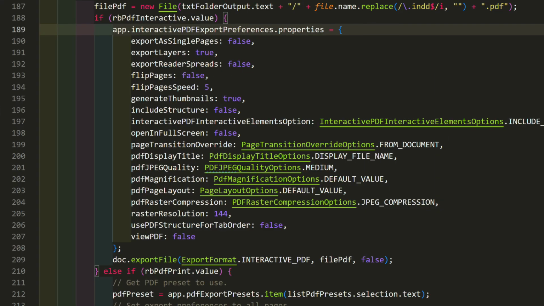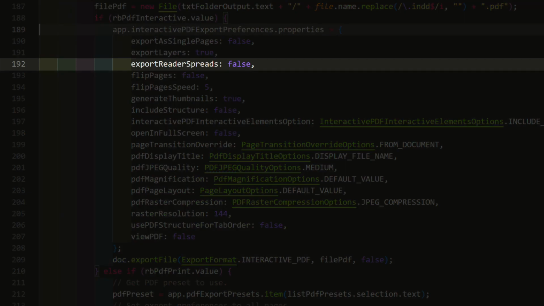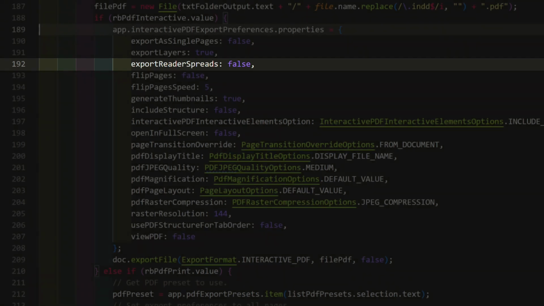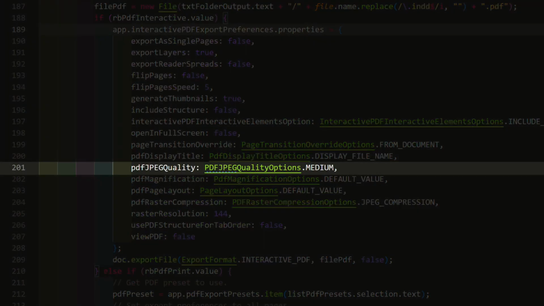Now I'll go over some of the properties. There's a lot to absorb, but most isn't difficult to figure out. I'll focus on a few you'll likely want to adjust. For output and spreads, change to true. JPEG quality is currently medium. Other choices are minimum, low, high, and maximum.